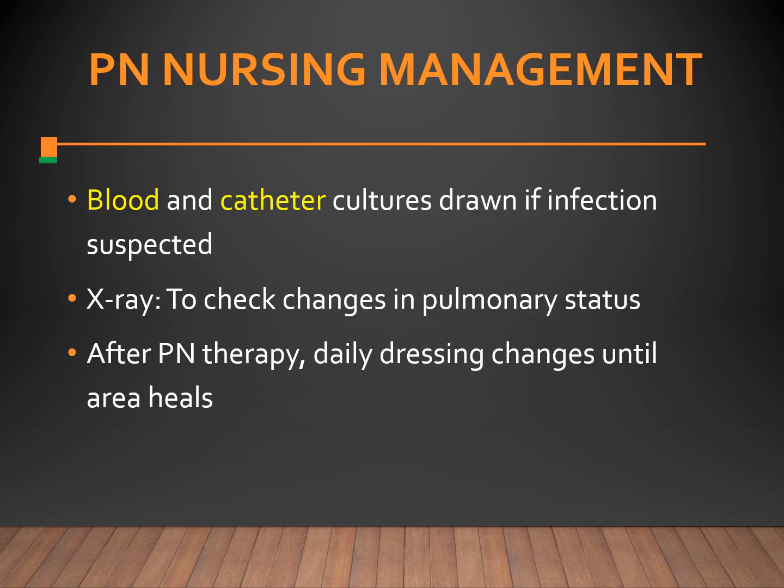So if you do have a sign of infection, if it's just a localized infection, you are going to just remove that catheter source. You might not need antibiotics because usually the removal of the catheter can eliminate the problem. If they have a long-term catheter like a central line, midline, or PICC, you usually will save the catheter tip when you discontinue the catheter. So you want blood cultures drawn, and then when you pull that catheter from the body, you are not going to let the catheter touch anything. You are going to cut the tip off and put it in a specimen cup and send it to the lab, and the lab is going to culture that.